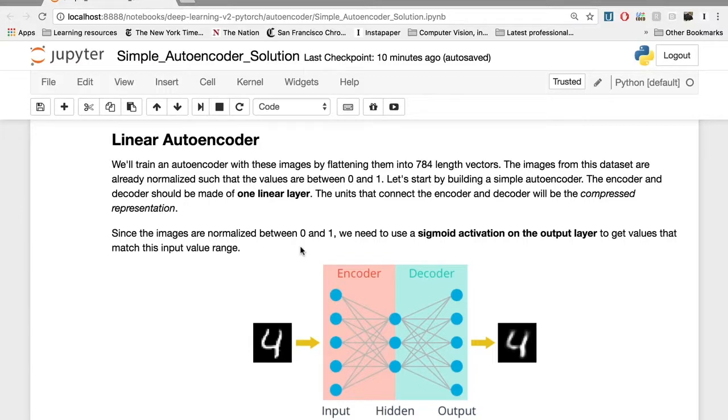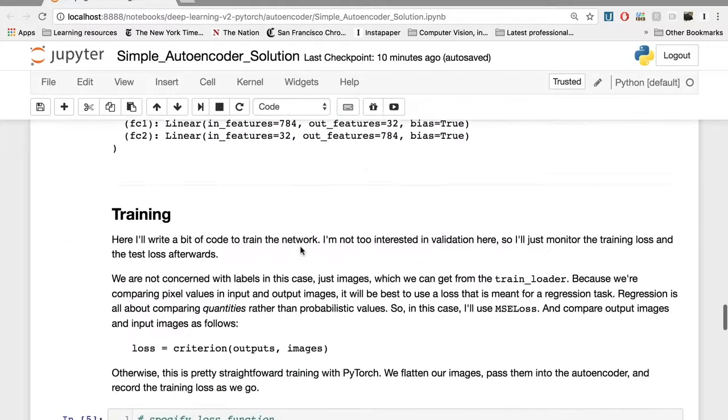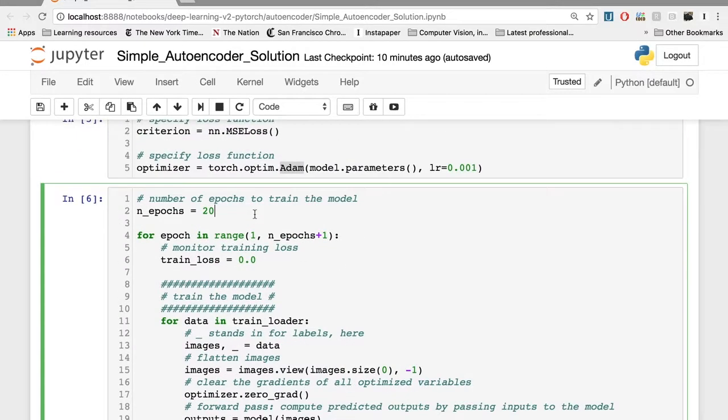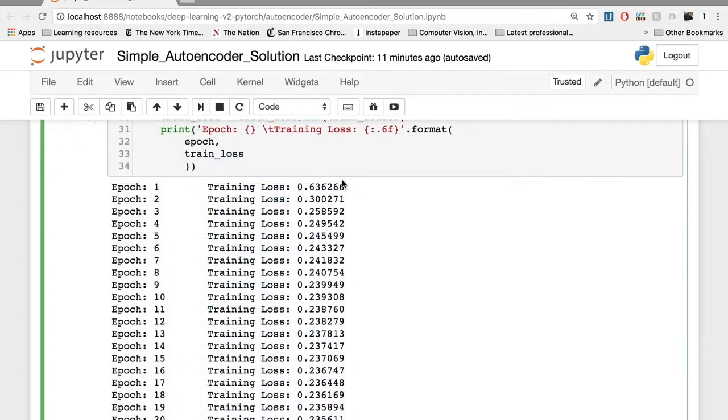Alright, so you've been given a chance to define and train an autoencoder of your own, and I want to show you what training looked like for my simple model. I decided to train for around 20 epochs. I looked at the trends in training loss and saw that the biggest decreases happened at the start of training, and then minor decreases around epoch 14 or so. So if I trained for longer than 20 epochs, I'm not sure I would have seen much of an improvement.